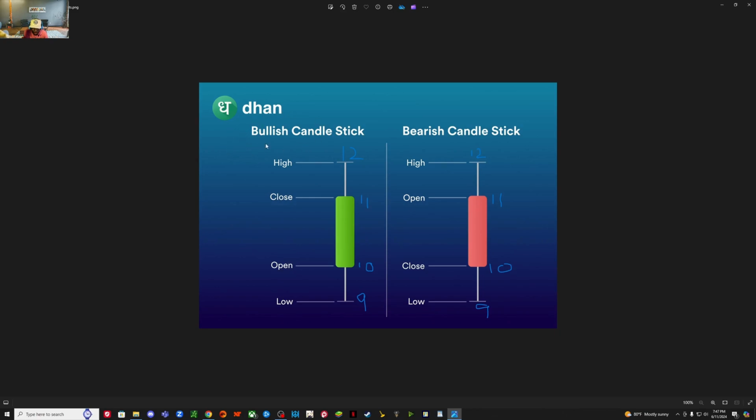Bullish is a term that you're going to hear a lot in the marketplace, and bearish is a term that you're going to hear a lot in the marketplace. At its core, bullish means going up, and bear means going down. So, a bullish candle is going to have the body of the candle opening here, and then it's going to